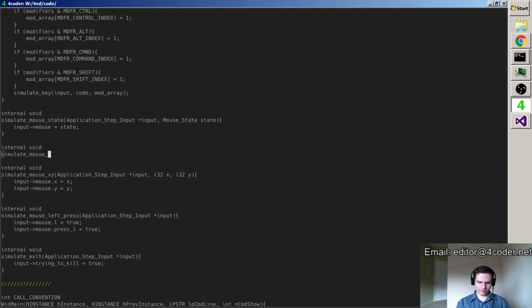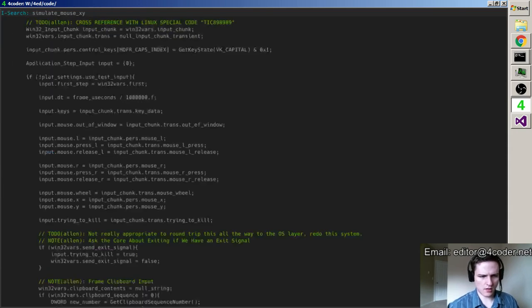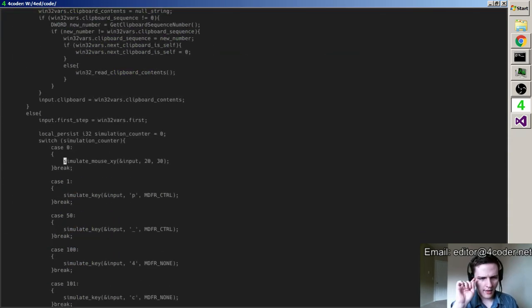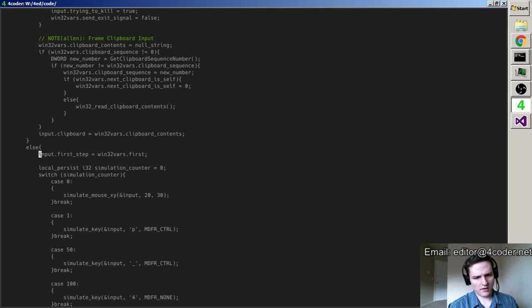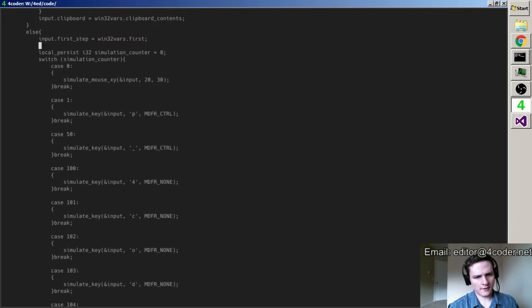so how do I want to do this? I want to do this the other way around. Simulate mouse XY, come down here. I want to write it here first. So every frame, I start with an empty input thing here. I start filling it.